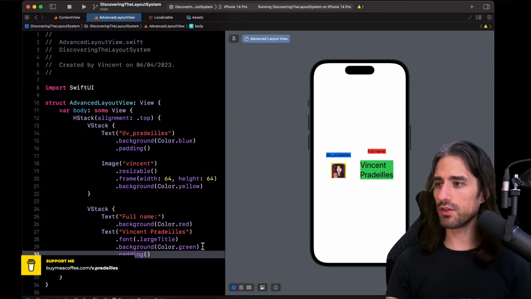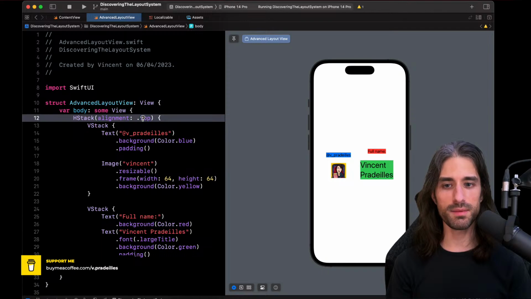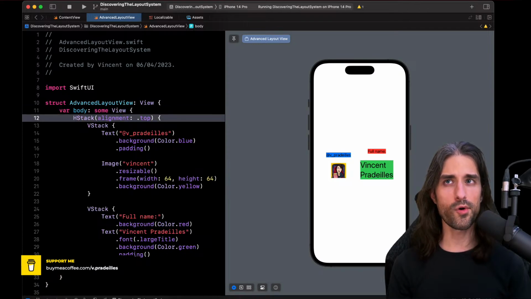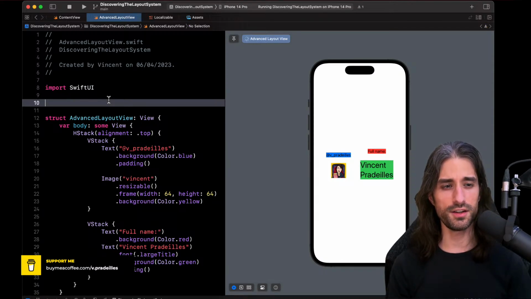So when we want to do that and when we need to do that, we need to create our own alignment guides. So we've actually been using alignment guides. Top, for instance, is a vertical alignment, and we need to create our own. So how can we create our own? Before I start, fair warning, this is, as you can imagine, a very advanced mechanism.